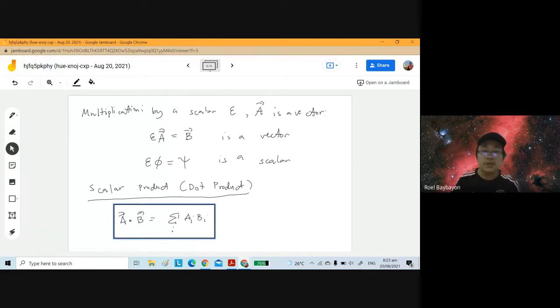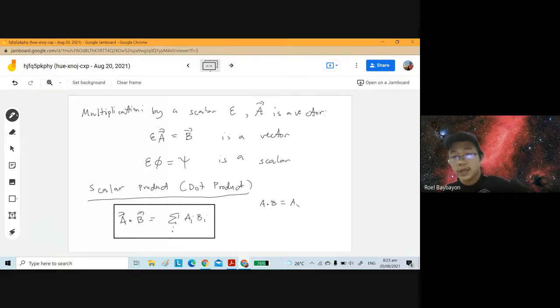So that is why I use A1, A2, A3. If you recall in your Physics 41, if I dot A and B, what I get is actually AX, BX, if I use AX, AY, AZ, plus AY, BY, plus AZ, BZ. Right? But if I use A1, A2, A3, then I get A1, B1 plus A2,